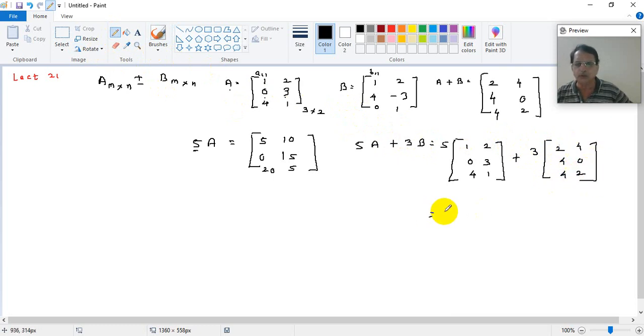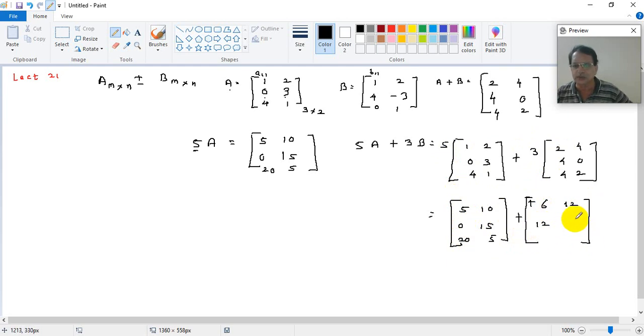Now when you want to do that, I have to multiply every element of this matrix by 5. So it becomes 5, 10, 0, 15, 20 and 5. Very simple. And plus 3B, what does it mean? You will add 3 into 2 is 6, 3 into 4 is 12, then you have 3 into 4 is 12, 3 into 0 is 0, 3 into 4 is 12 and